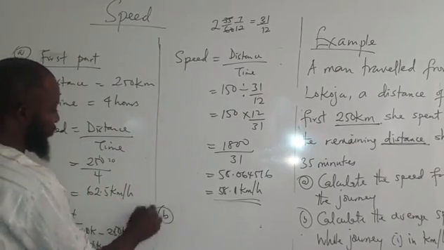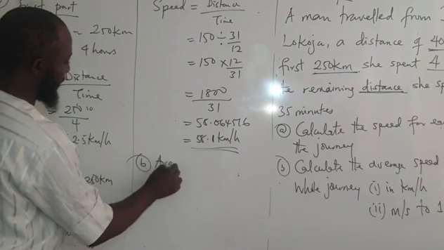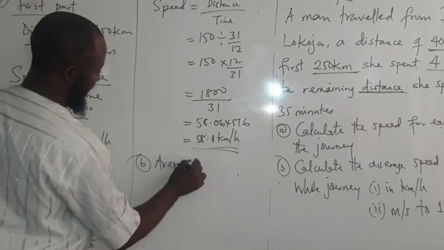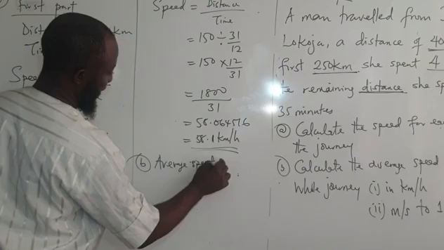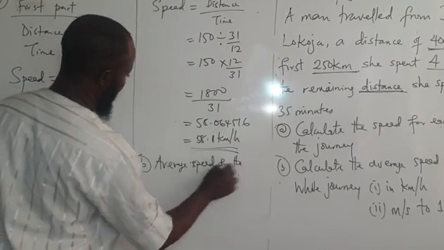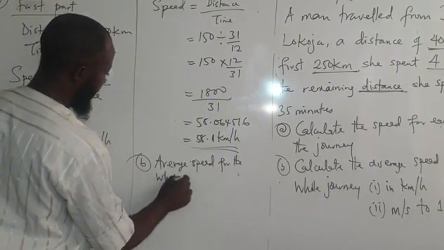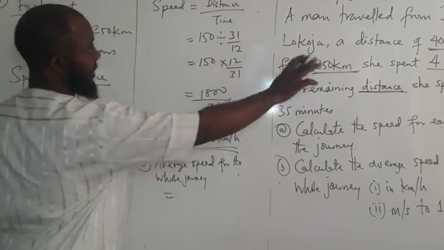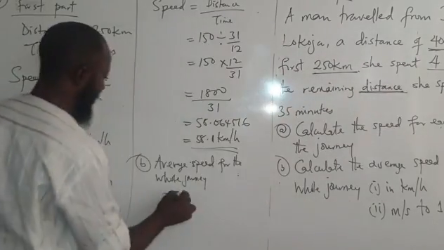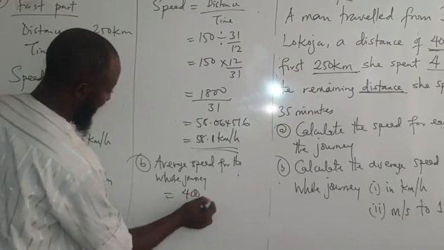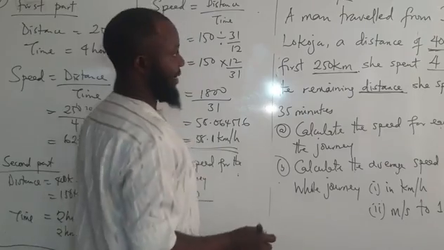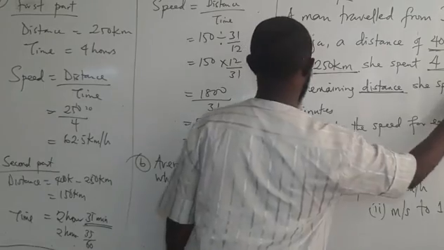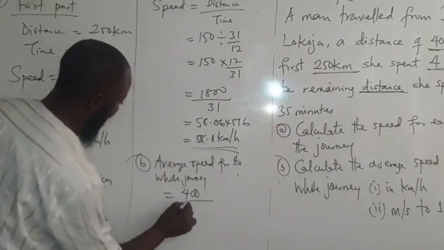So B now will be average speed for the whole journey. Average speed for the whole journey will then be equal to the total distance, which is 400 kilometers, divided by the total time taken. Here she spent 4 hours and here she spent 2 hours 35 minutes. So that will be 6 hours